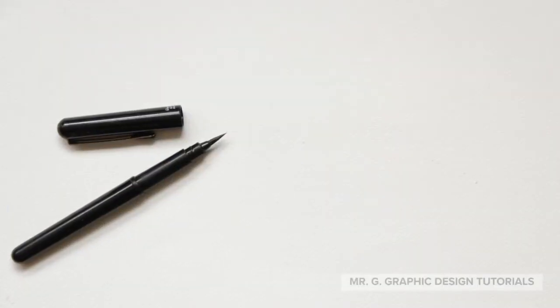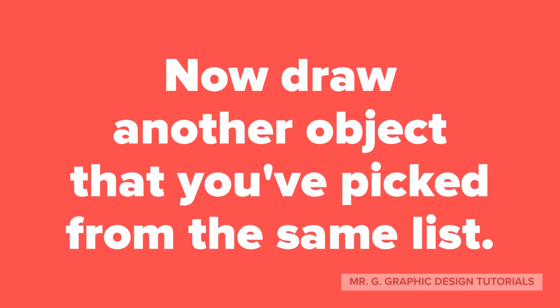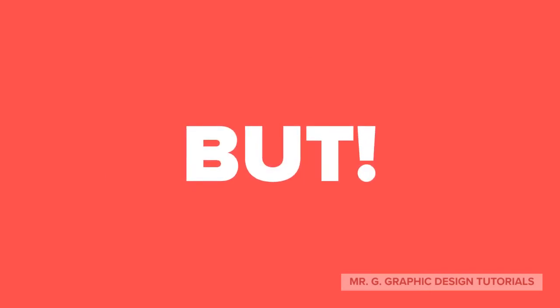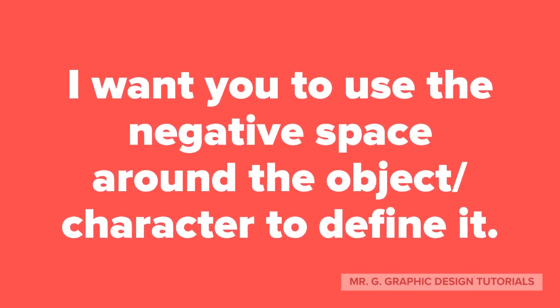When you're done with it, put it aside and grab a new sheet of paper. This time we're going to do it again. Now, this time I want you to draw another object. It doesn't have to be the same object, but I do want you to pick it from the same list. The only difference is, this time, I want you to use the negative space around the object or the character